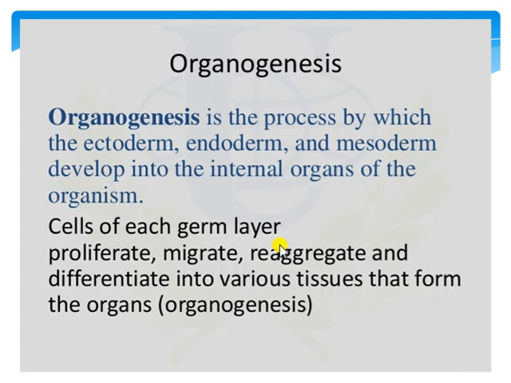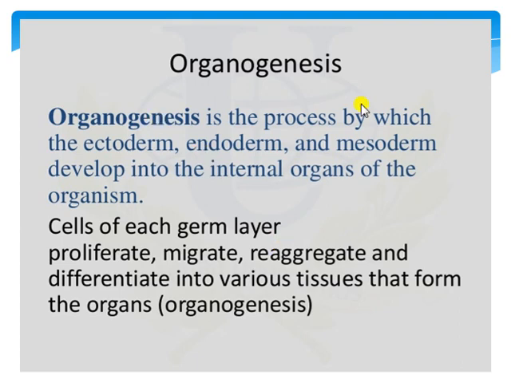Because if the morphogenesis does not happen initially, it will not be clear which specific limb or organ will take which kind of structure. And if organogenesis, the later differentiation, does not take place, the cells present in various regions of the embryonic body will not further differentiate and produce the various organ structures, internal or external. So this is overall the organogenesis mechanism, where the various internal and external organs are all produced from the ectoderm, endoderm and mesoderm layers with the help of proliferation, migration and reaggregation.